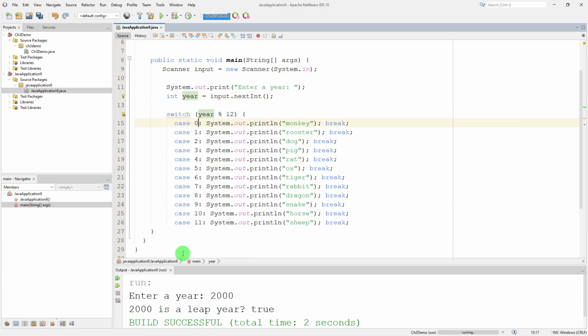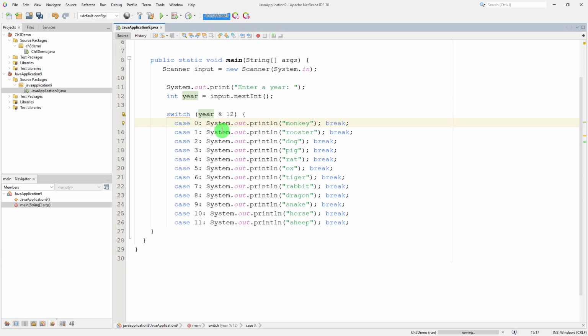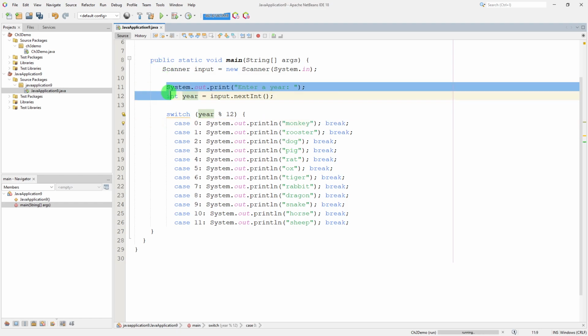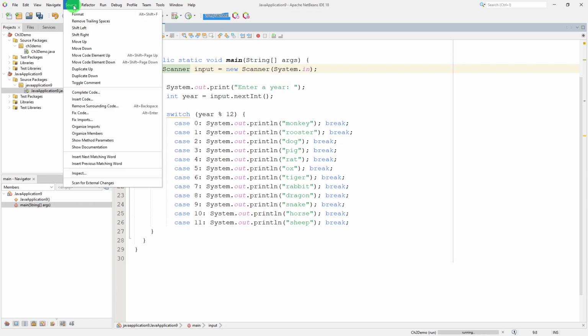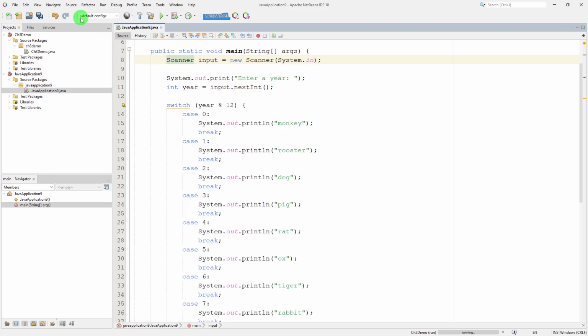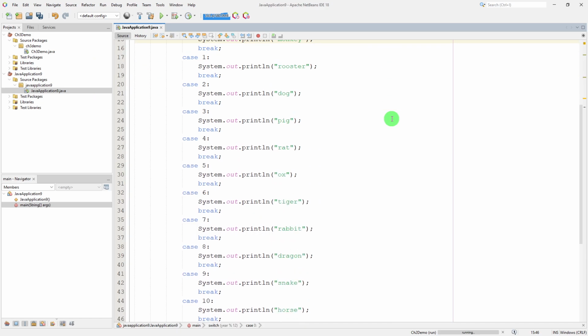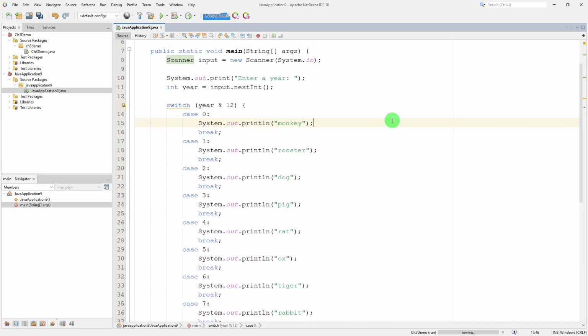Okay, and then we print out 0. We have a case for each one, and each one has a break. Now, this is concise and easy to read, but I do want to show you probably a little better formatting for it, and this will help you with all of your code. I also notice some of my indents. This is indented a little bit more than scanner. Some of my indents are a little bit off, and it might need cleaned up. So I'm going to go up here to source and click format,